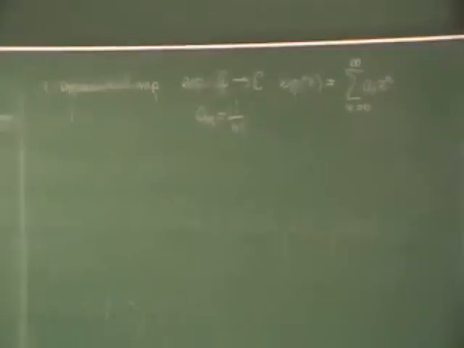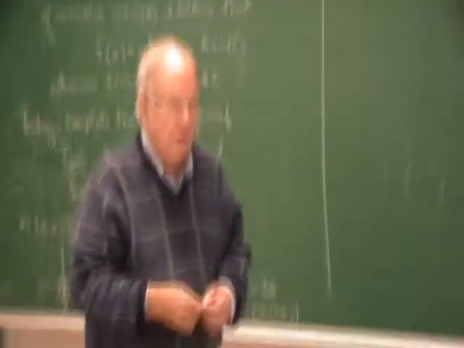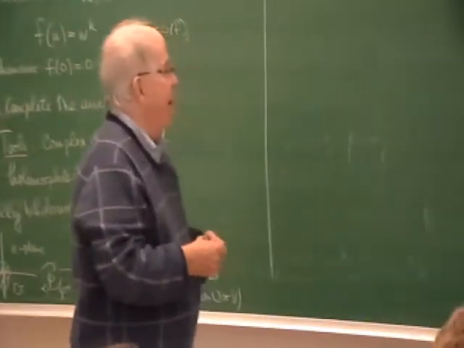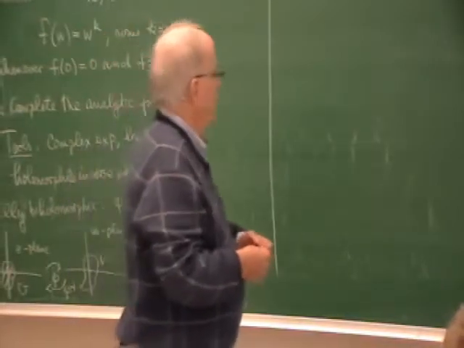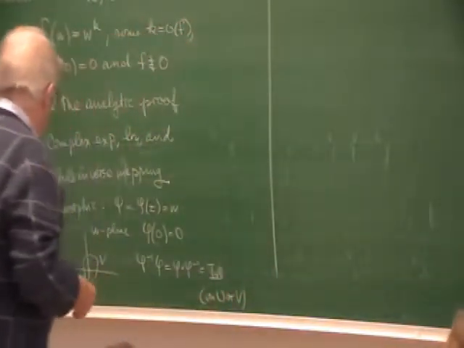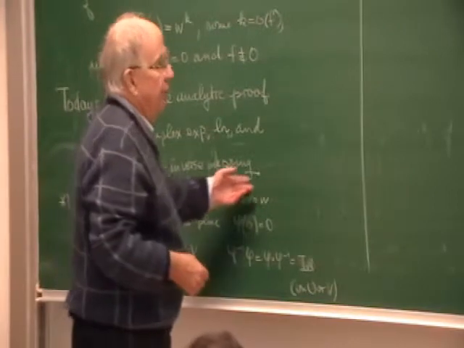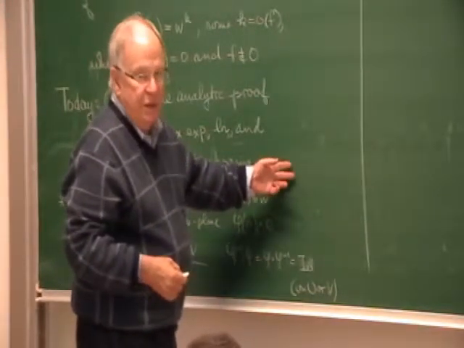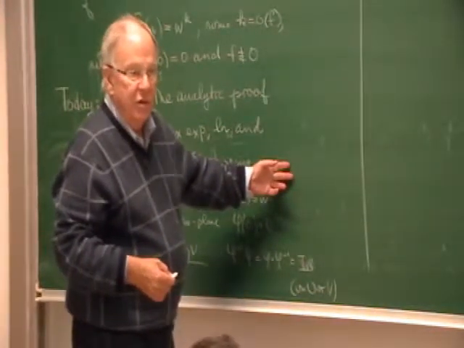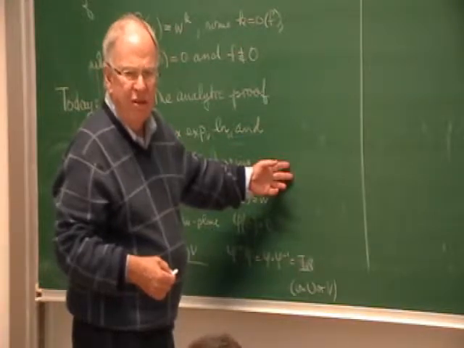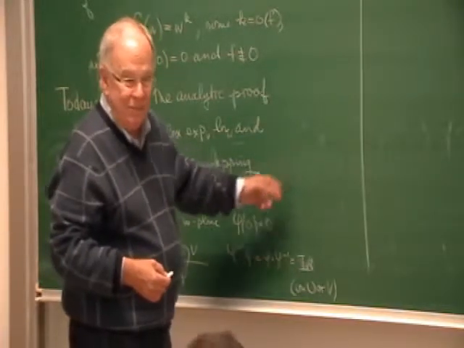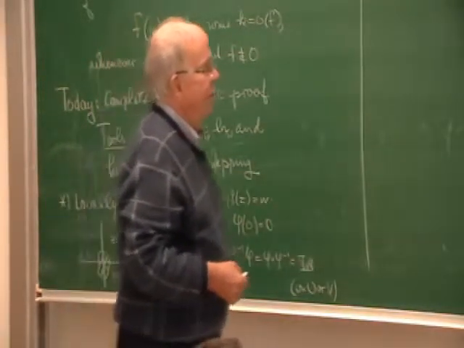They die out very quickly, so this converges on the complex plane. Now, this formal stuff can be done over any field. So you can replace the complex numbers by something else. You don't care what the coefficients are. You care that there's a field. And if this is a finite field,